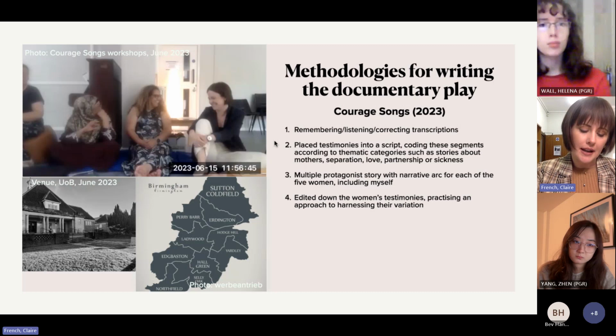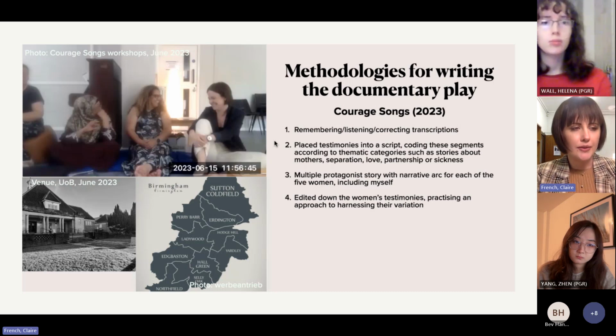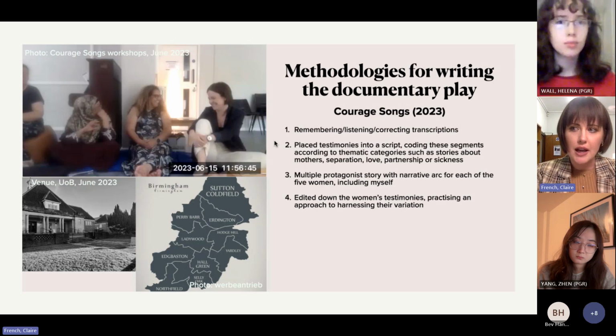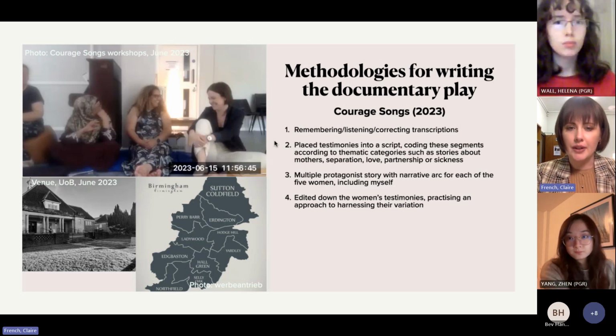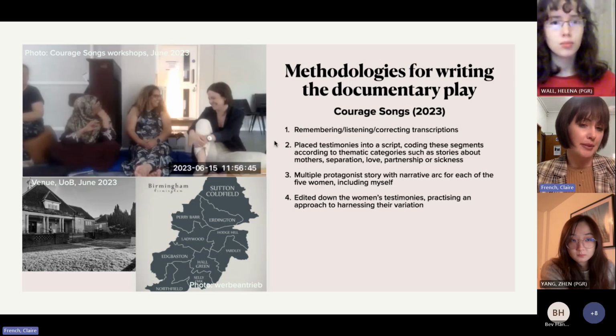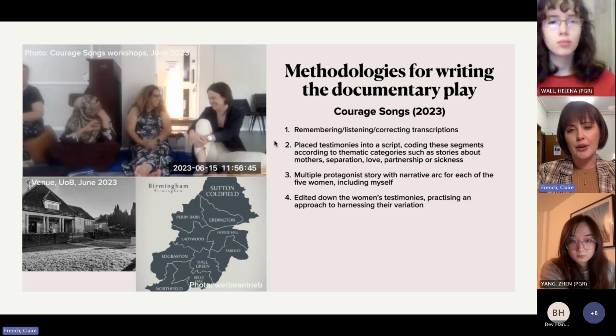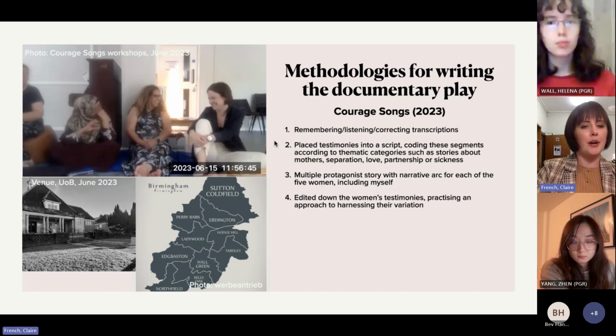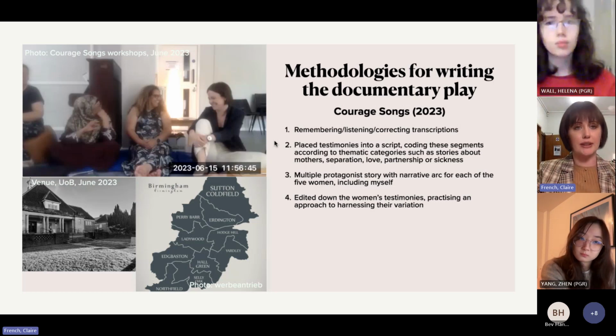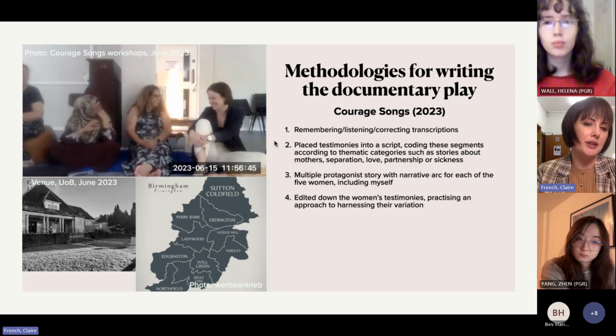Once I understood the key morphosyntactical or lexical variation within each of the women and how it might convey into a character, I then started building scenes in between this community project. There's a character, Shalina, and she would go from the project into her breath work, and we would follow her as an audience on a screen into her breath work, and then see her facilitate this breath work session. And then she would go home and see her son and have this conversation. So I built these lives and the dialogue with their variation in mind.